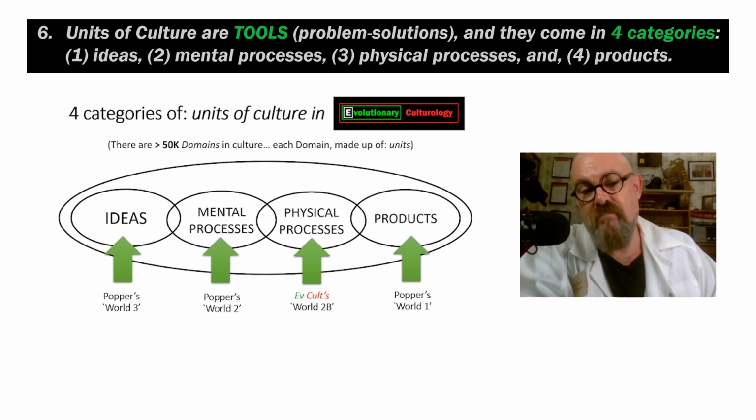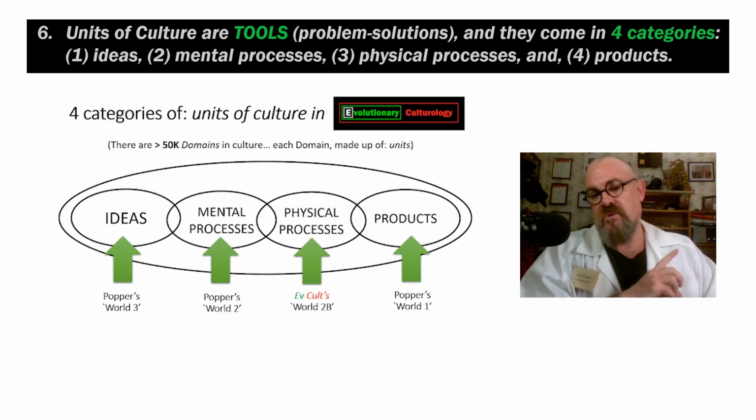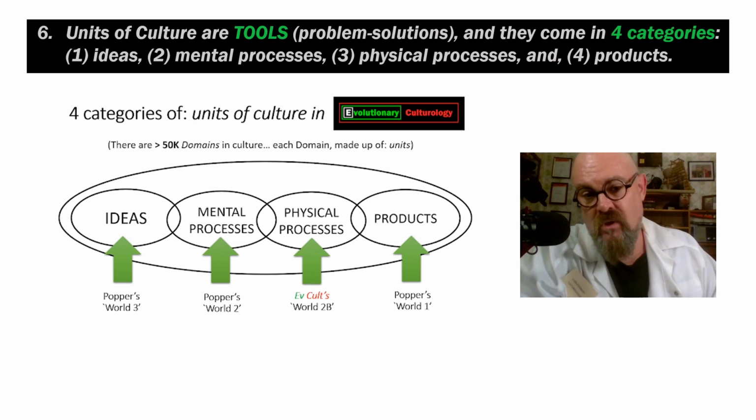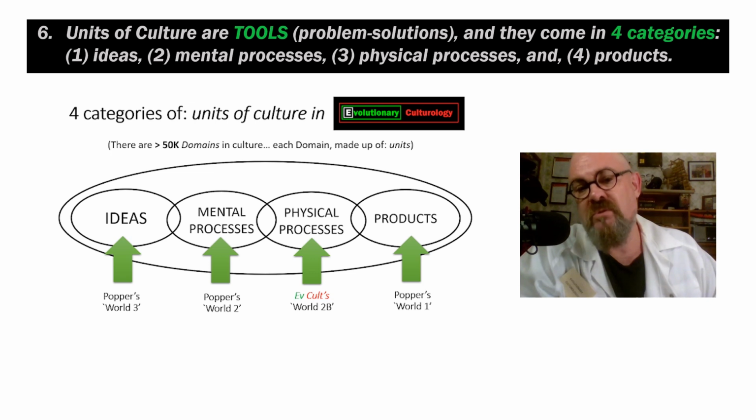All units of culture, be they books, movies, songs, inventions, words, languages, anything, are either 1, 2, 3, or all 4 of these categories. They're an idea or a mental process or a physical process or a product. And units of culture travel backwards and forward across those states. When you have an idea, you might go through the mental process of working out how to make it physical in the real world. Then you go through a physical process of making it and you end up with a product. For example, writing a book or making a film or even speaking a sentence that you just thought of saying.